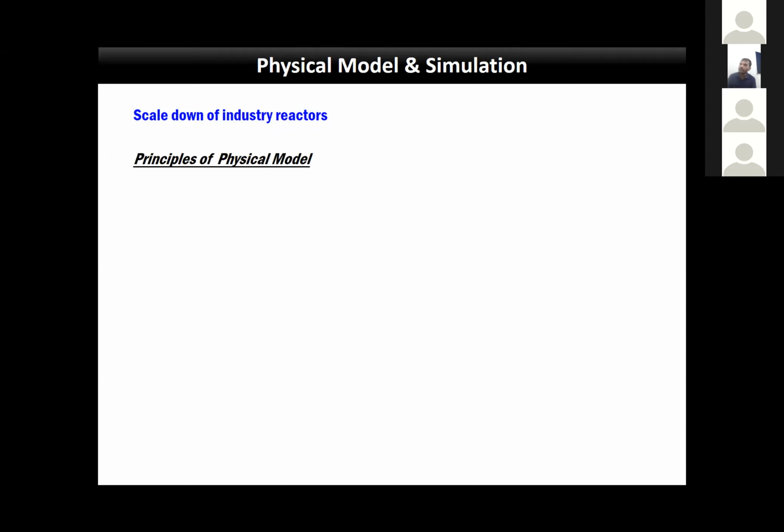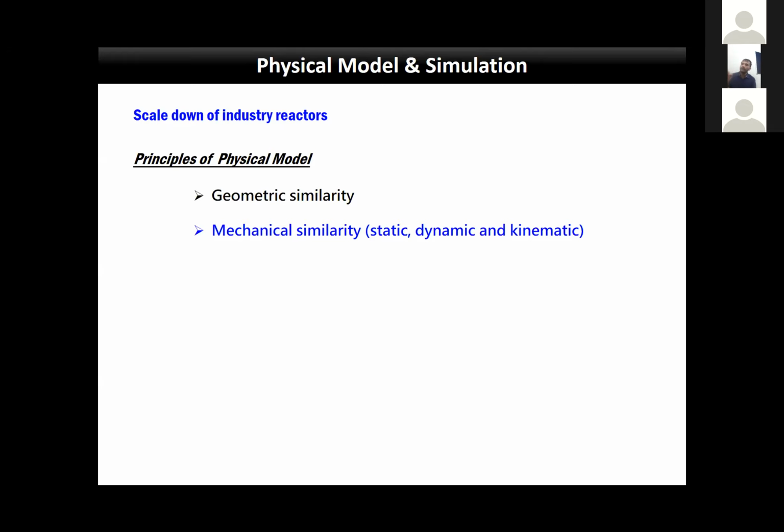And what are the principles of this physical model? First of all, you have to maintain the geometric similarity. You have to maintain the geometry, but you may need to scale down. If it is 10 meters there, here you can assume it as 1 meter. So the scale down is happening in that fashion. Okay. So every model that you have in your laboratory for understanding should definitely have a reference point in all the aspects of the model. That should have a reference point similar to your industrial converter also. So that's the principle behind geometric similarity.